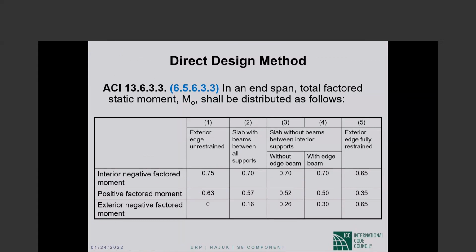I am emphasizing, you must have noticed throughout the presentation, the flat plate, the slab supported directly on columns, no local thickening like drop panels, and no edge beams. Okay, this is our column. Slab without beams between interior supports, without edge beams. Okay, if that is our case,